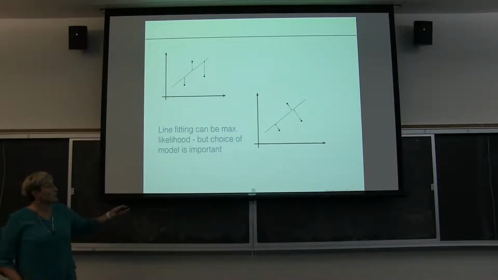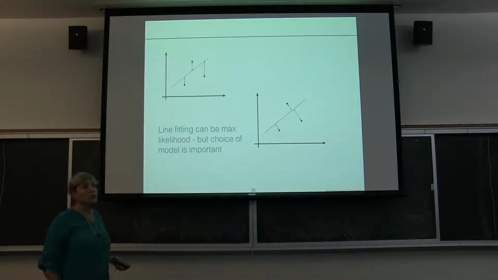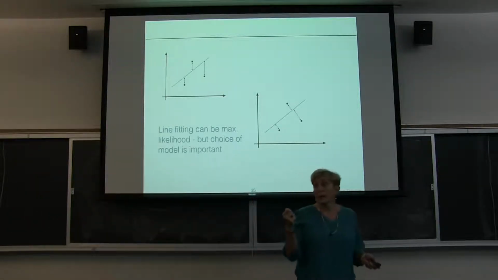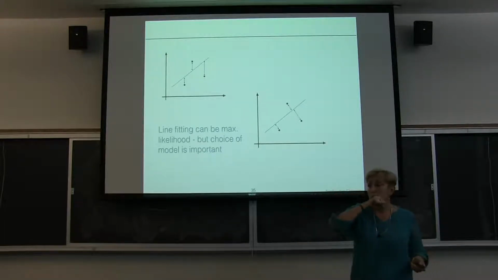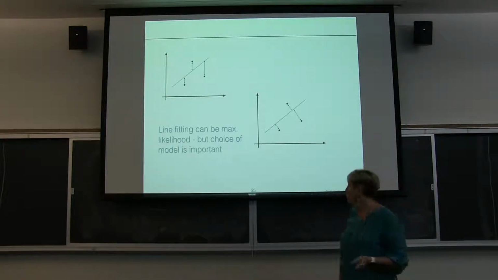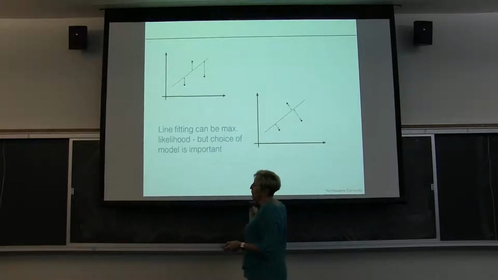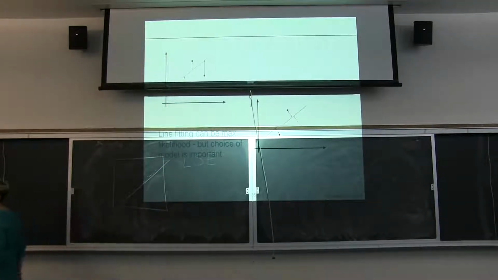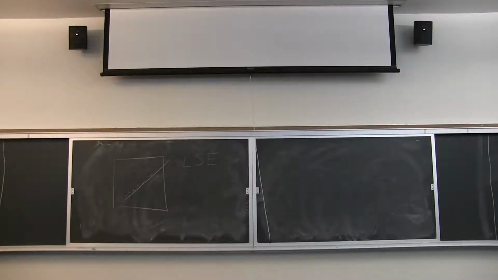Okay. So how do I do this? What I need to do here is find the distance from a point to a line. So if I give you the equation of a line and I give you a point, how can you tell how far that point is from that line? What's the distance? How is that distance computed? So I give you